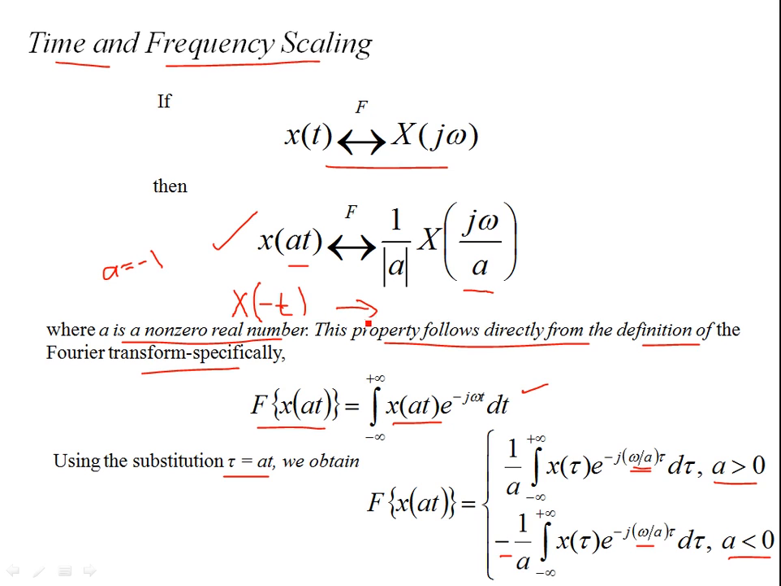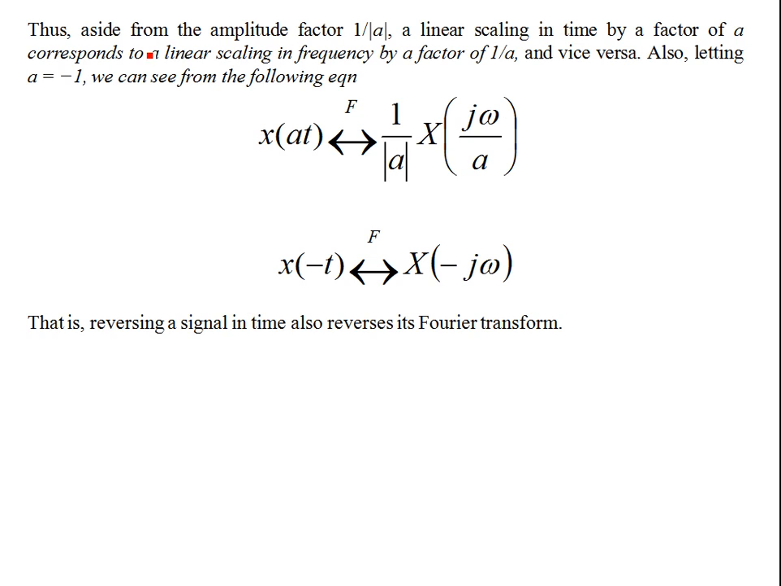So it has a Fourier dual of x of -j omega. This follows as a consequence of the time scaling property. It means if you flip your signal in time, it is also going to be flipped in the transform domain, so the Fourier transform is x of -j omega. Thus, aside from the amplitude factor 1 over the modulus of a, a linear scaling in time by a factor of a corresponds to a linear scaling in frequency by a factor of 1 over a, right,